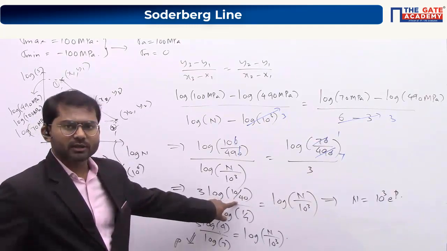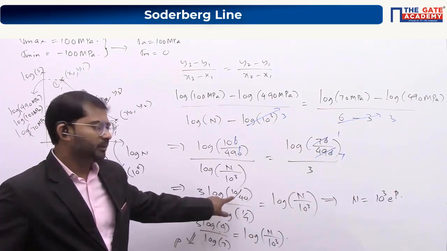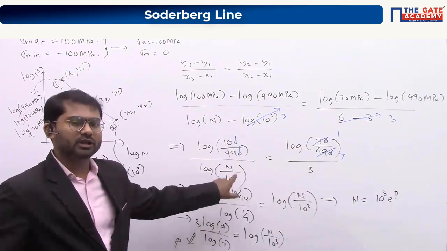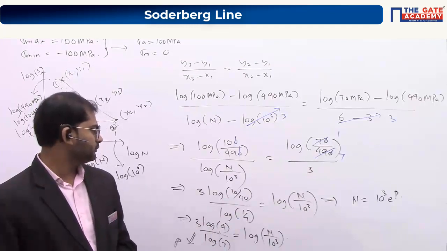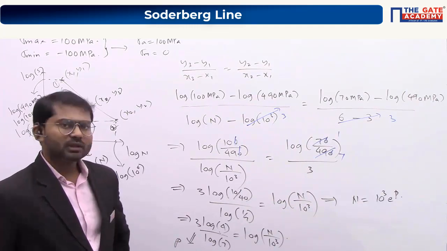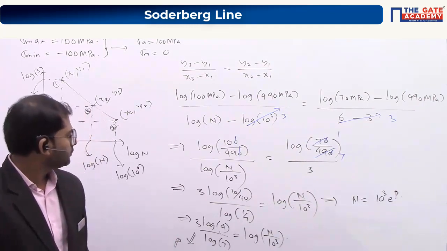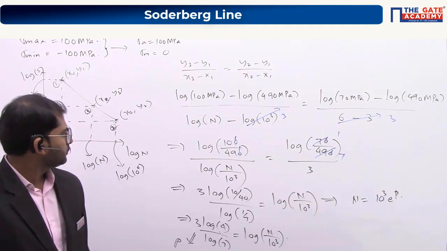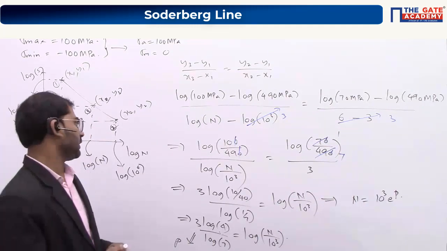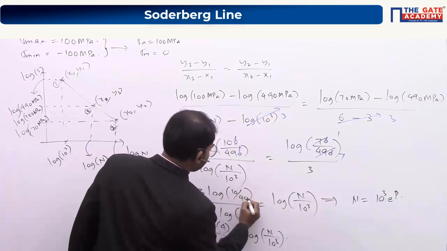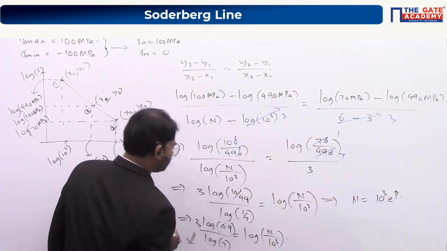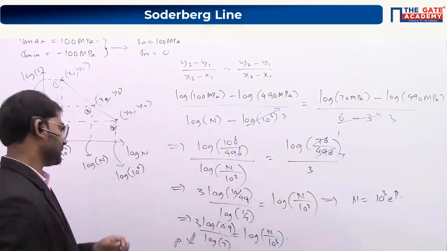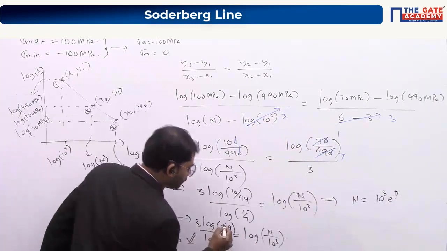Log of 10 by 40. It can be written as minus log 40 by 10. 40 by 10 is nothing but log 4, right? I remove the 0. Is that not right? Acha, 49. Fine. Okay, it is 49. So 10 by 49, you can write it as 4.9 here. Log 4.9. Now it is clear, I guess. Yeah, log 4.9.